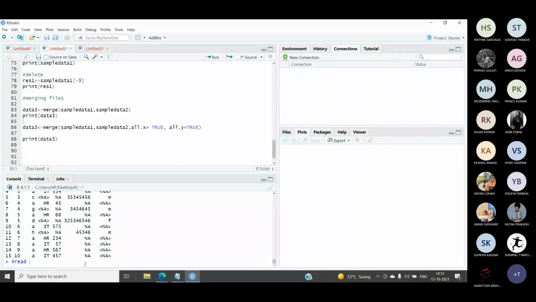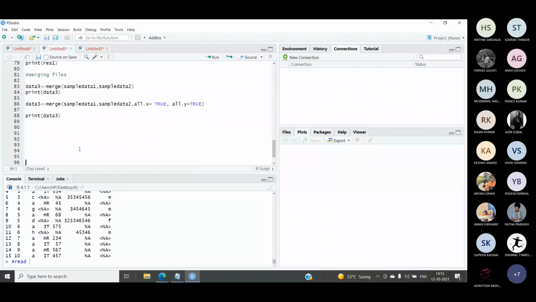Now let's try the reverse of this. We have created a data frame by this merging. Now let's try to export this data frame as an Excel file. Just like we imported data from a CSV file and then wrote some data back to the CSV file, now we have imported two different Excel files from an Excel source, and on those imported files we have performed certain operations.